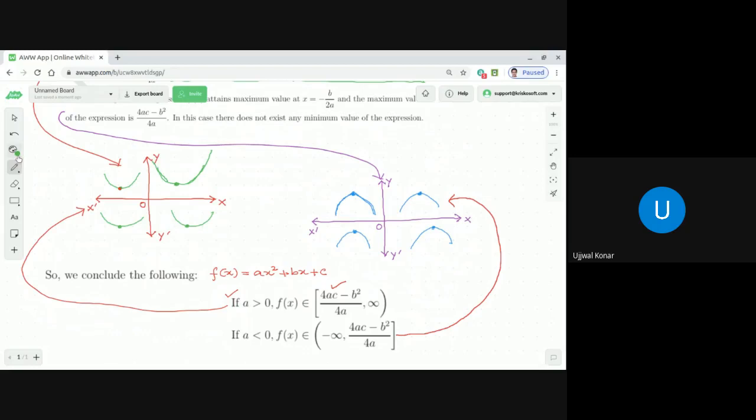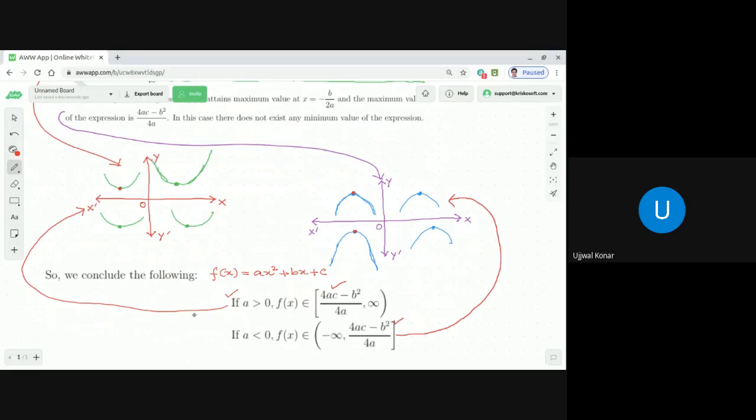And when you take the other case, dear students, when it is less than 0, what happened? It is actually coming from the minus infinite, right? So if you look into this, it's going this way, parabolic structure. But it attains a maximum value at this point. Where does it attain the maximum value? It attains the maximum value at this point, the way you want to see. And what is that maximum value? 4ac minus b square by 4a. So that is the maximum where it ends. Starting from minus infinite, it actually ends at 4ac minus b square by 4a.